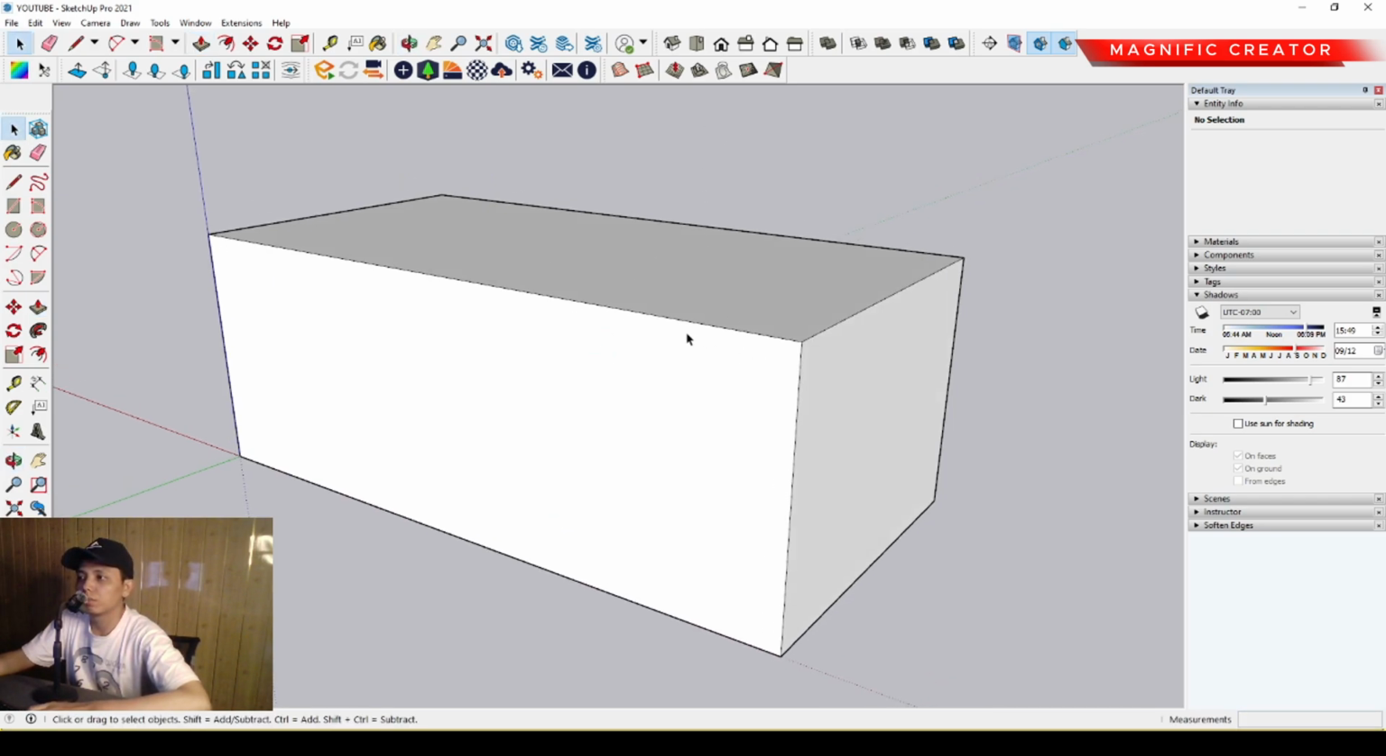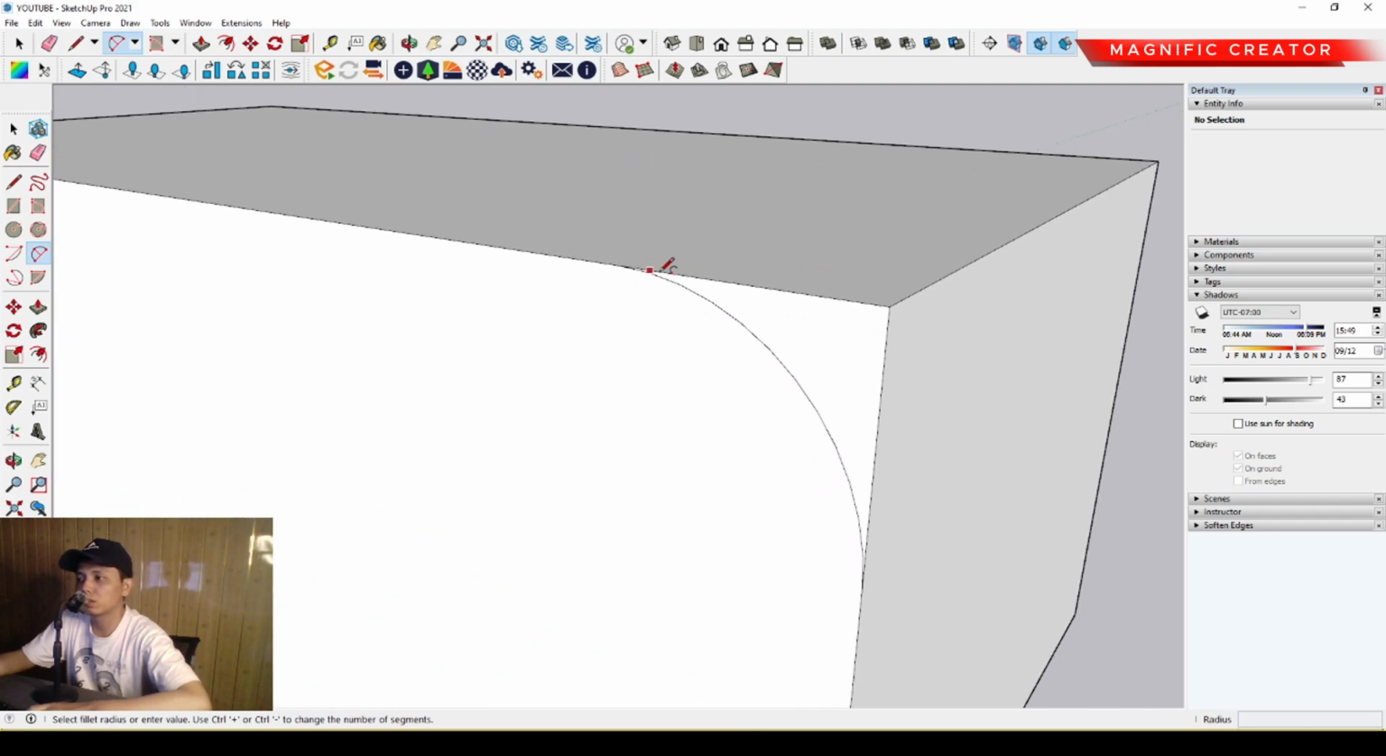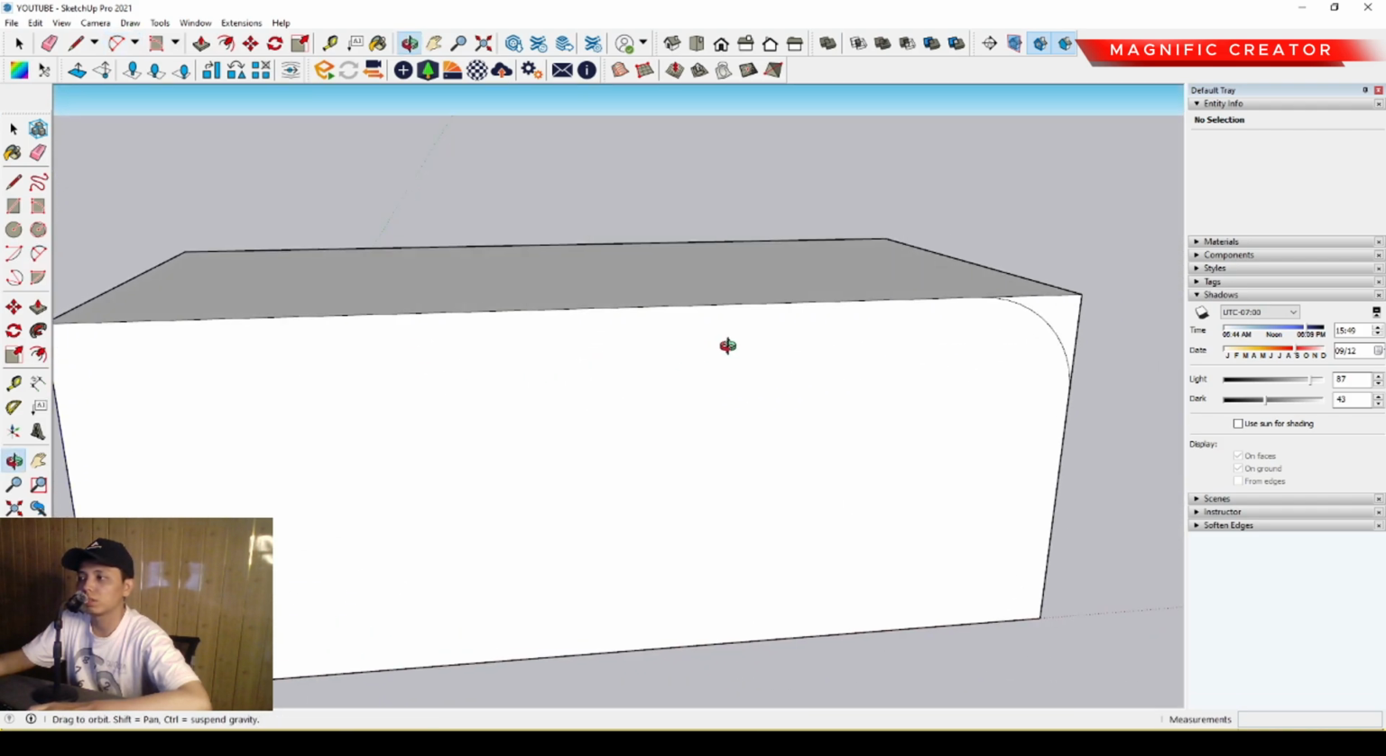Then we can make the curved line on the corner with the 2-point arc. We can just select this 2-point arc, then draw from this side and end at this side, and double click, so the curved line will appear over there just like this. Then we can make another